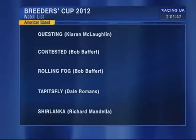Okay, contested then, a major player in the fillies sprint, run over 7 furlongs, the extent of the one-turn races at Santa Anita. Bob Baffert also has one of the big talking 2-year-olds of the year in North America in Rolling Fog, and obviously therefore a legitimate contender for the juvenile. Yes, this son of Posse has come out of nowhere off a maiden win and won the Grade 1 Del Mar Futurity, which is a win in your end of the Breeders' Cup Juvenile last weekend, which over 7 furlongs